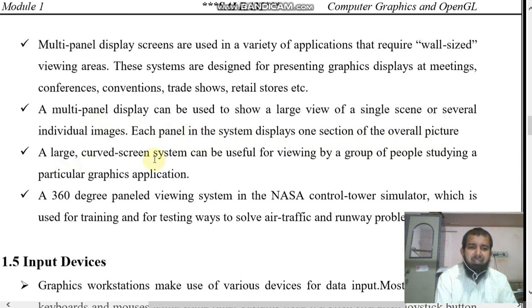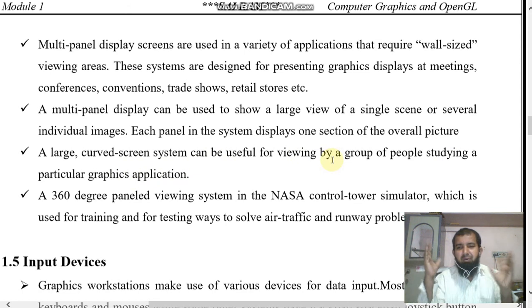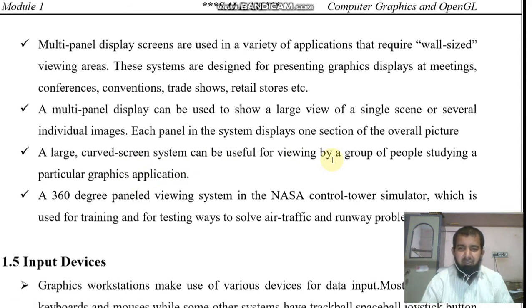A large curved screen system can be useful for viewing by a group of people studying a particular graphics application. It is a large screen, so many people can see on one screen.